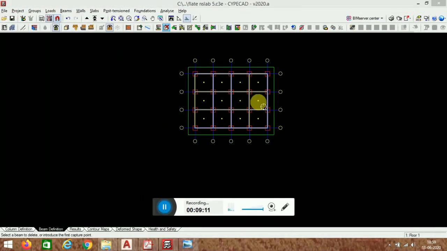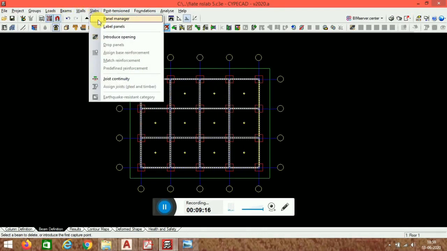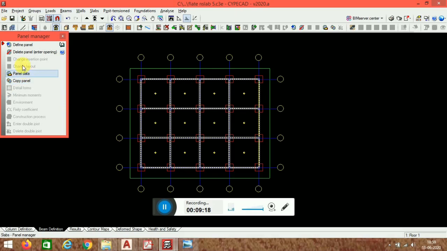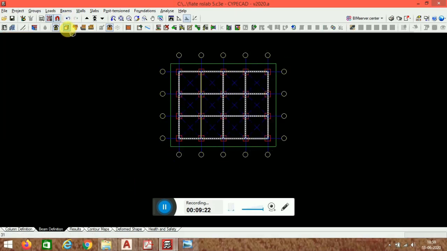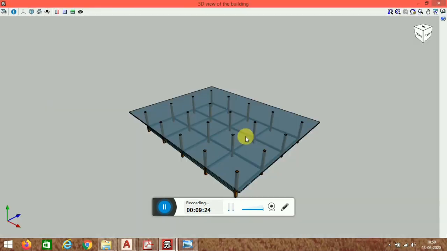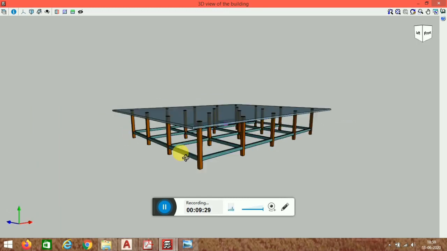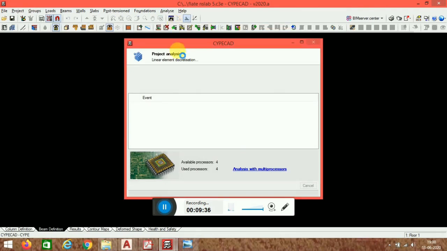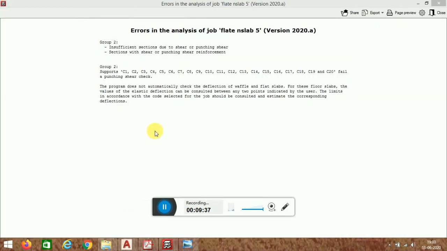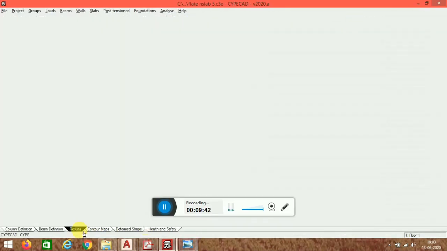And here, at the ground floor we don't have any slab, so you go to the slab again, slab panel, and you go for the delete option and select all, and again you can see in 3D what we have done, and this is called a tie beam. So again you go for the analysis. After the analysis you just close this and we go to the result,